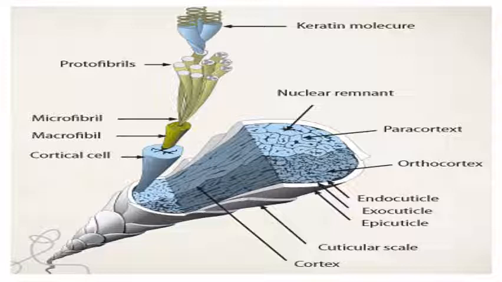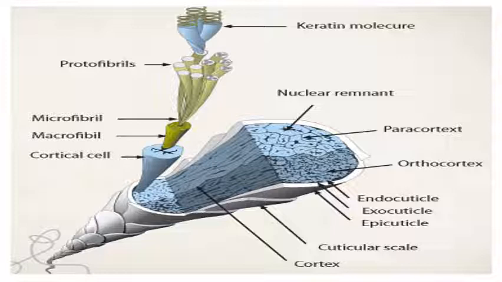As I mentioned earlier, there are two kinds of cells, the orthocortex and paracortex, and in between we can see the nuclear remnants. Because they are cells, they will have a nucleus. Now if we look further at the cortex, it is made up of cortical cells. Again, they have further minute structure inside, that is